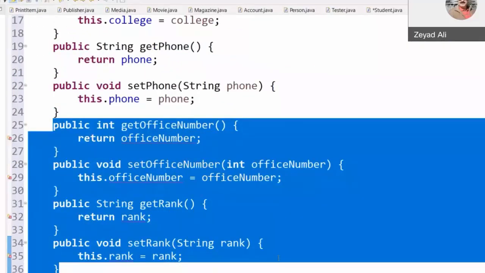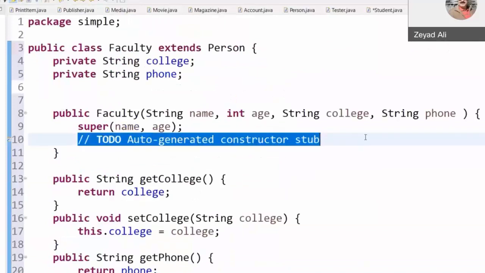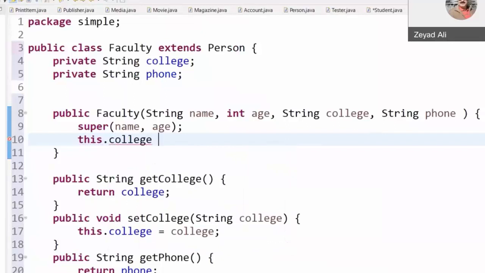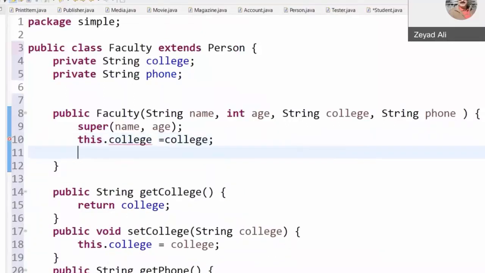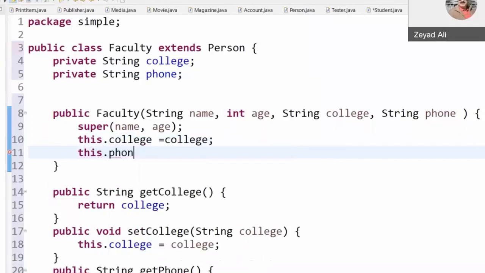You can add as many as you want. So now here, I can say this dot college is equal to college, and this dot phone is equal to phone. That's it.